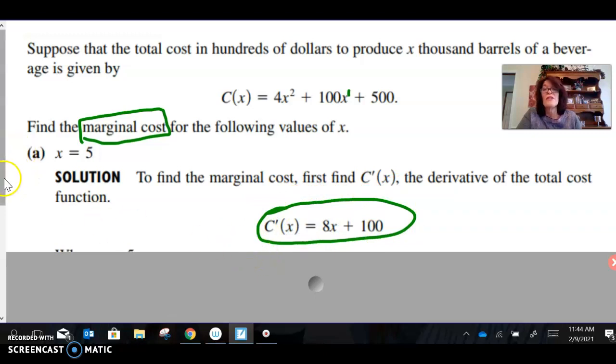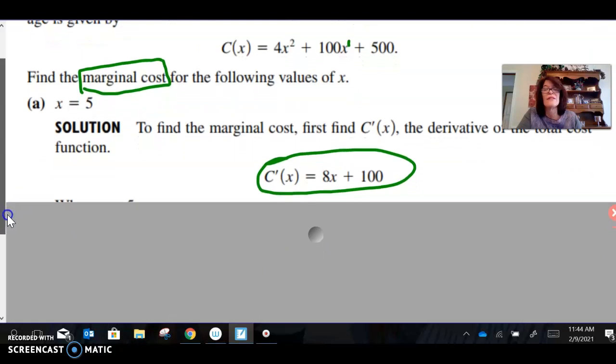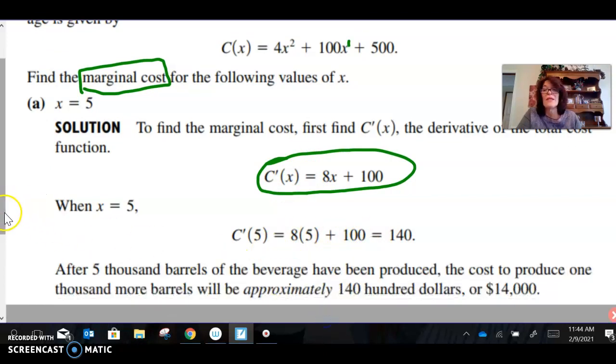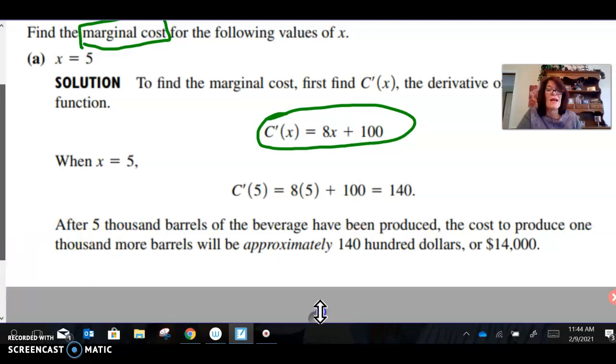Okay, they wanted to know what's the marginal cost right when x is 5. Well, you guessed it. You just stick 5 in for x. 8 times 5 is 40. 100 plus 40 is 140. So what does this mean? They'll ask you that in my math lab. You'll see that, what does this mean? After 5,000 barrels of the beverage have been produced, the cost to produce 1,000 more will be approximately